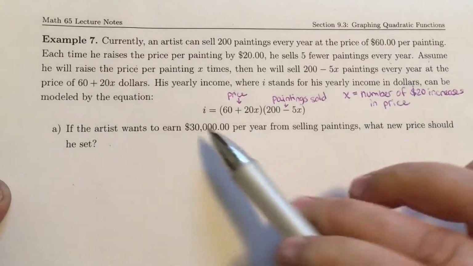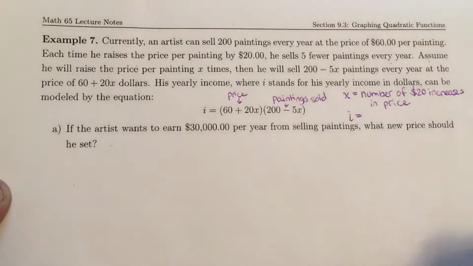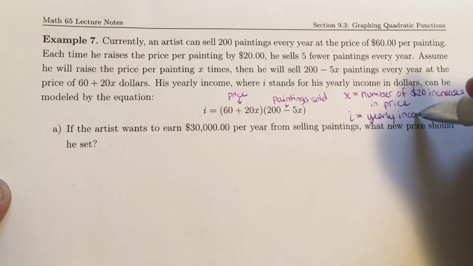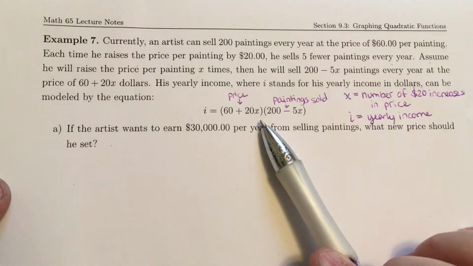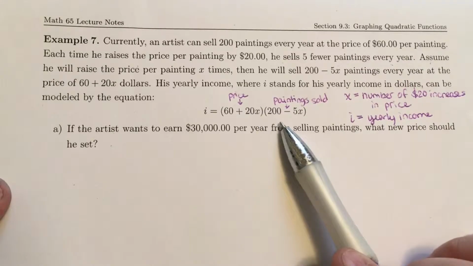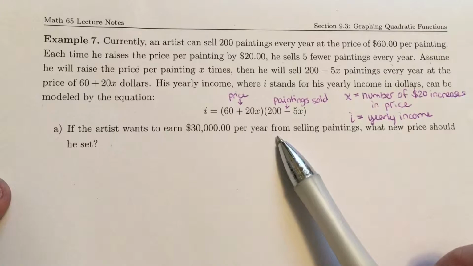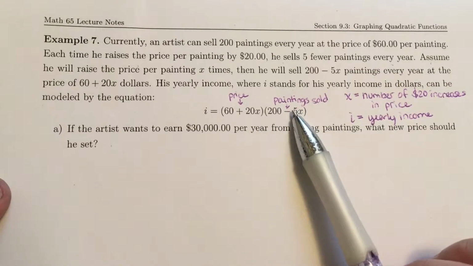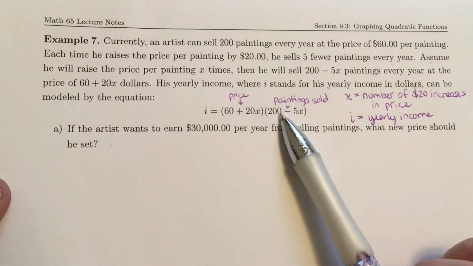The other variable that we're seeing in this formula is I. So what we're worried about is the yearly income of this artist. That's what we're looking at. So in any kind of business, you have to set prices for whatever you're selling. In this case, if you set the price too high, you're going to sell less, but you'll make more money every time you sell it. If you set the price too low, then you might sell a lot,